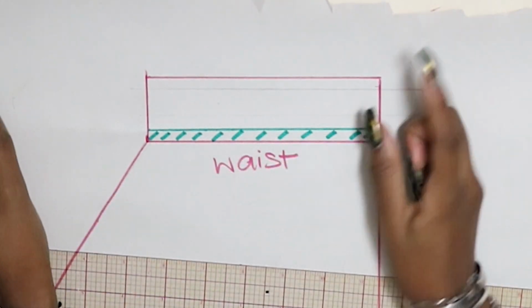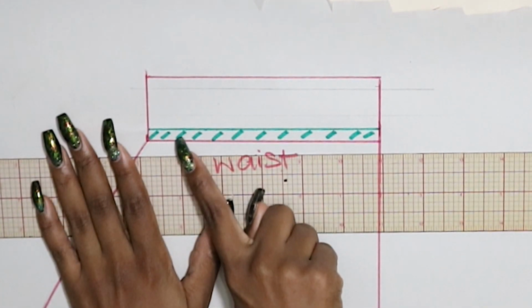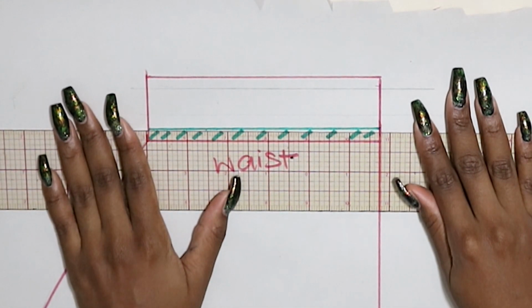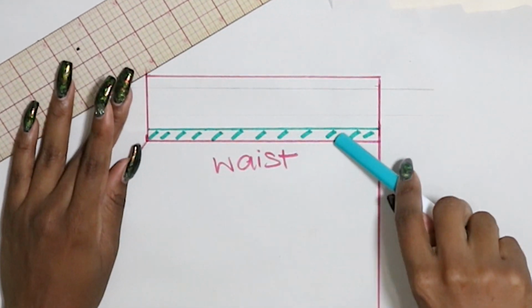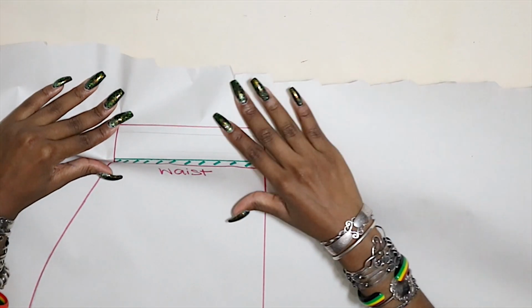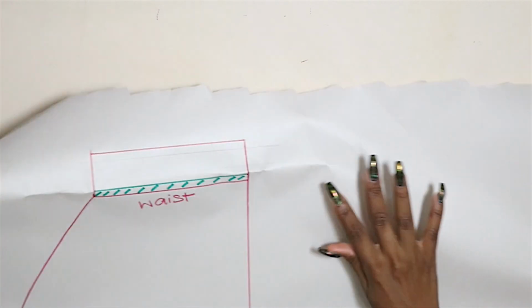Now if we're going to do an added waistband, which means we're going to have a separate waistband for the skirt, we're just going to go up from the waistline here and add our seam allowance. So it's right there. And I just shaded it so remember that this is for the added separate waistband. So when we go to cut our pattern, we simply fold it over and we have the pattern for the